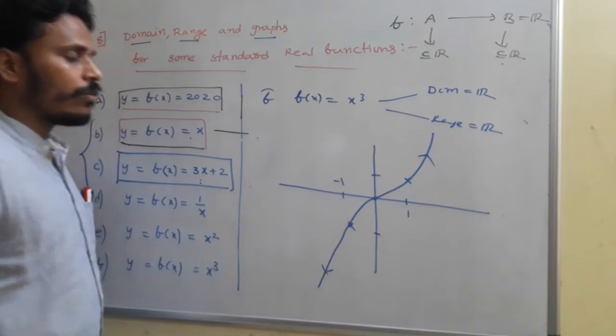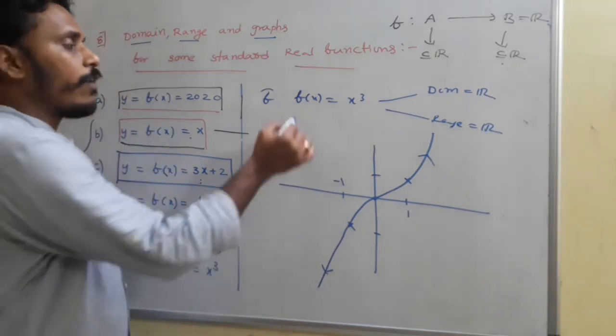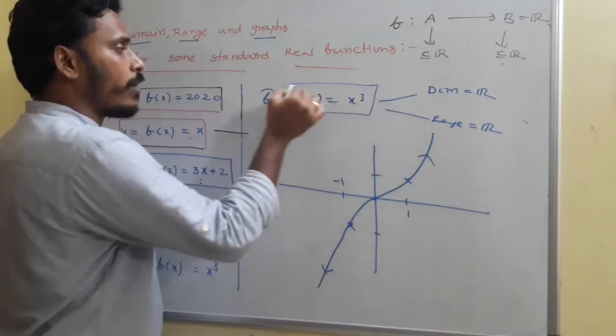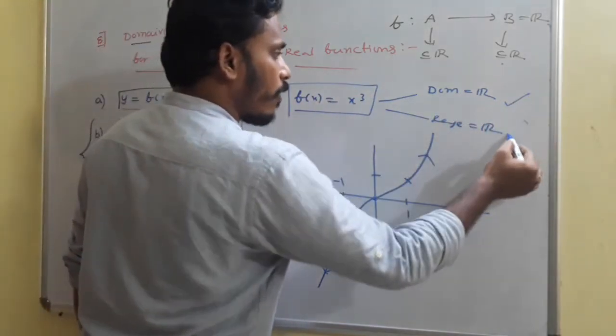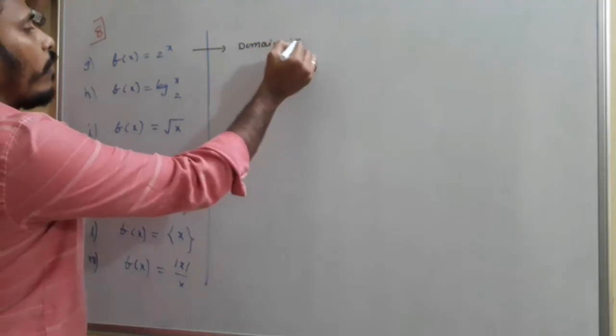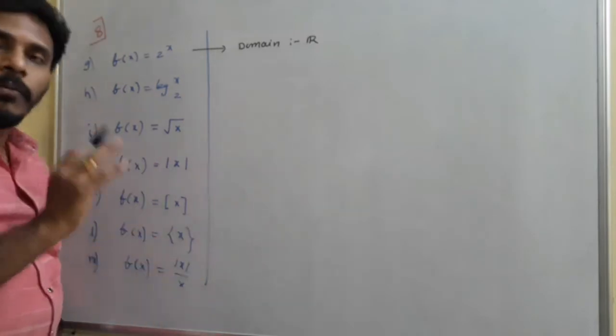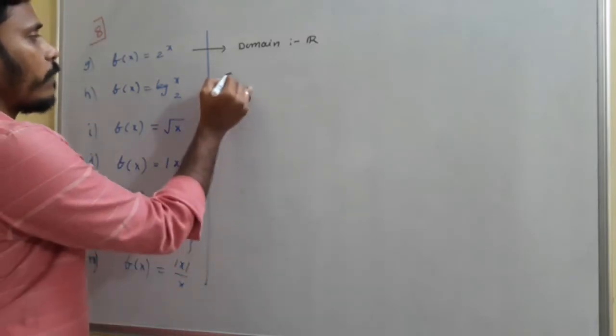You just have a look. This is the rough sketch of the graph of f of x is equal to x square and x cube. And for f of x is equal to x cube, domain is all the real values, range is also all the real values, okay. Just have a look. All real values. You just take any real number in the place of x, no problem. For sure the answer will exist.